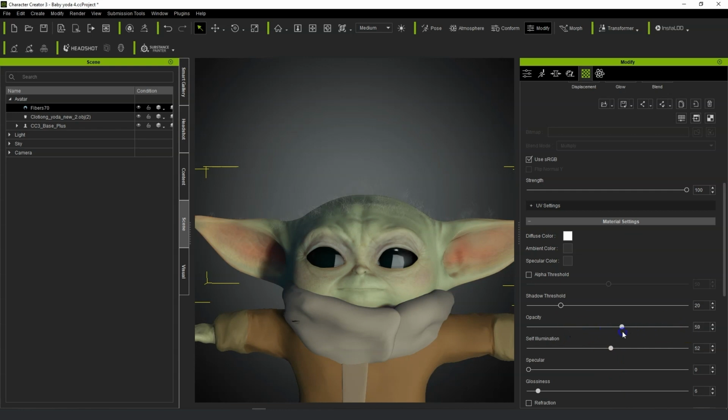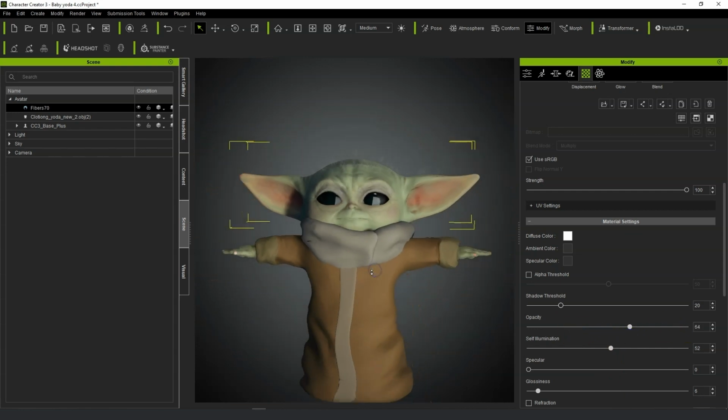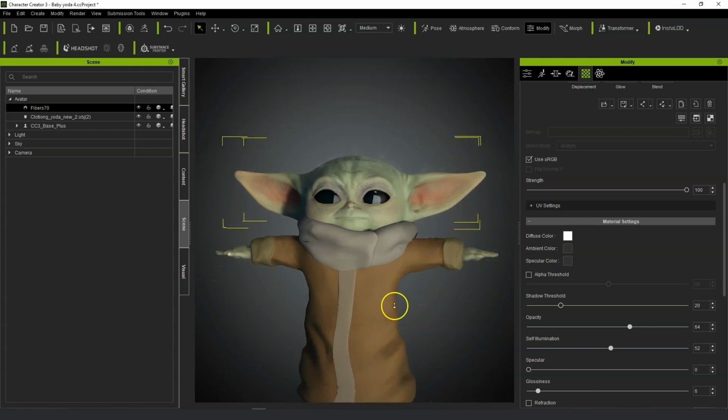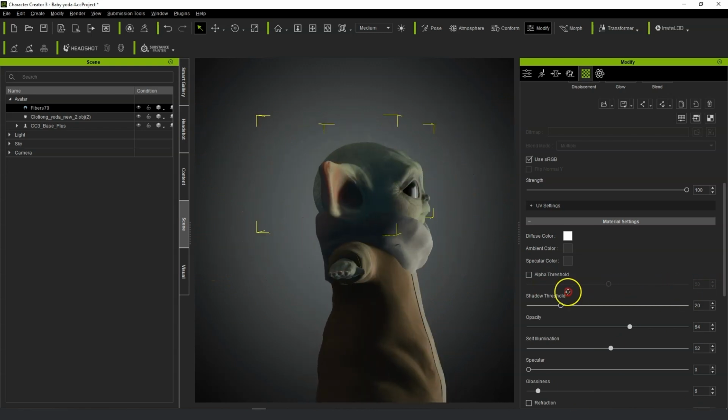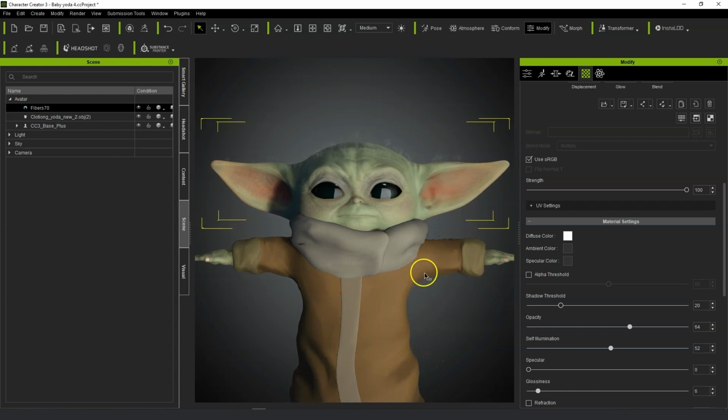Pass it down so it's just a bit more subtle. And there we go. Okay, now we are ready to send this to iClone and start